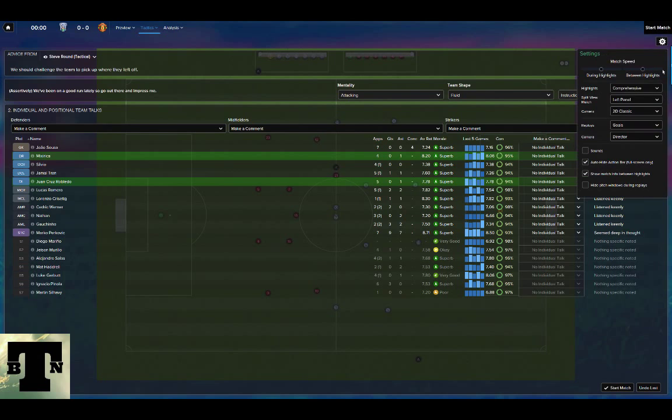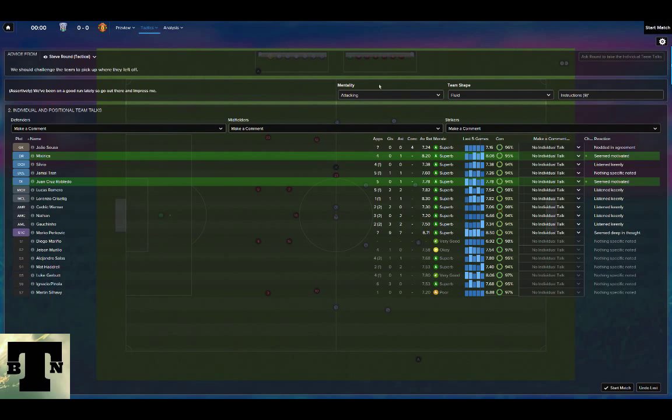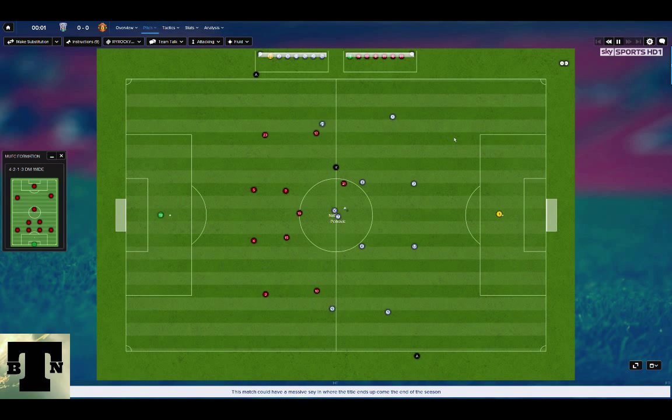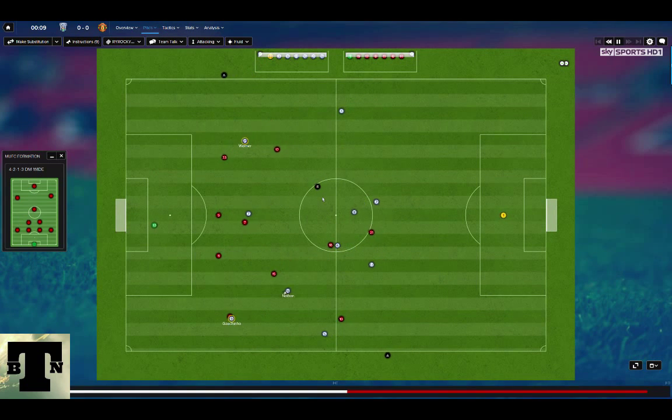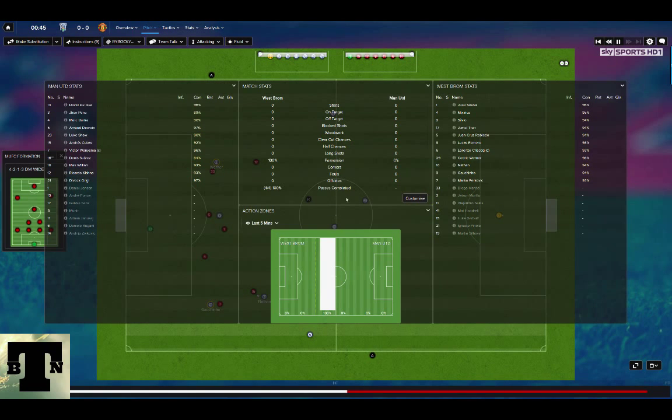Here we go, making sure that my match is on key because our last match was on comprehensive. Let's see what happens. Immediately I see these two guys out wide standing, waiting to make runs in.